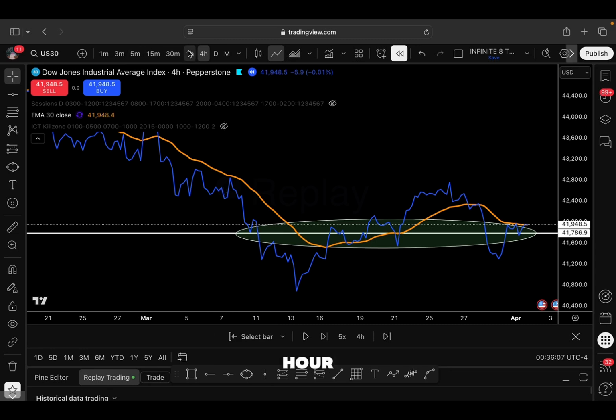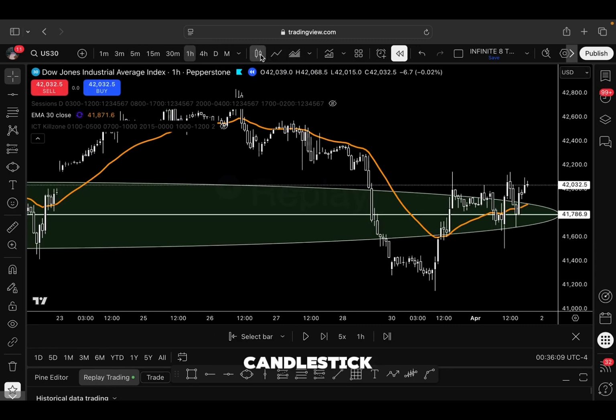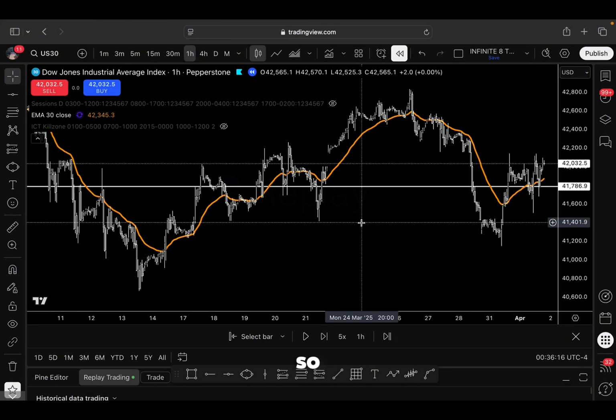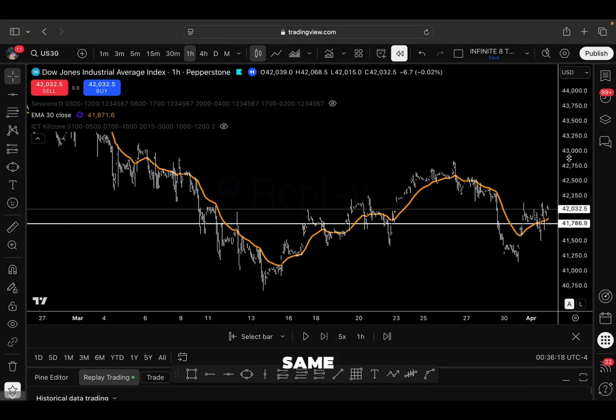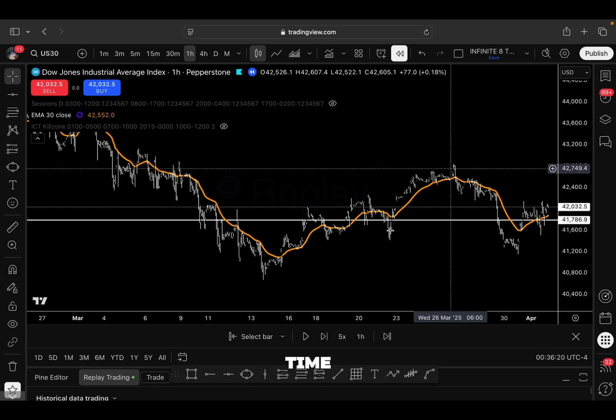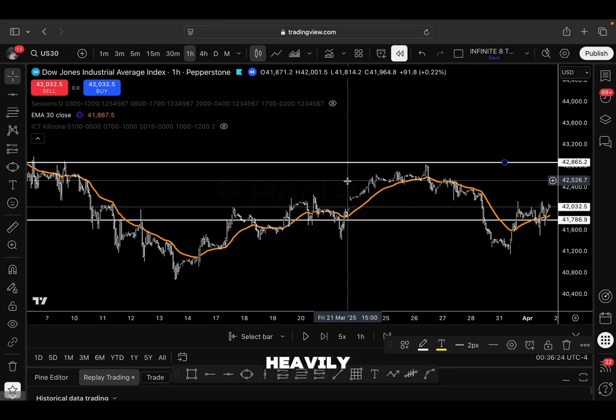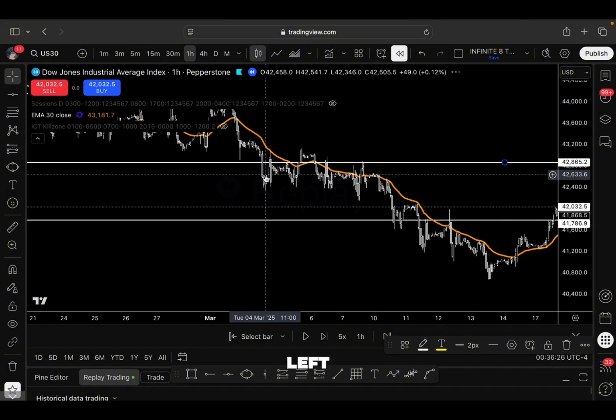So let's go back to the 1 hour now, and let's change this back to candlestick form. So we know that my white lines is my supply and demand zones. Okay, so now that we're on the 1 hour, we're gonna find the same thing except on the smaller time frame. So I can see right here that there's an area where price sells off heavily, because if I look over here to my left,